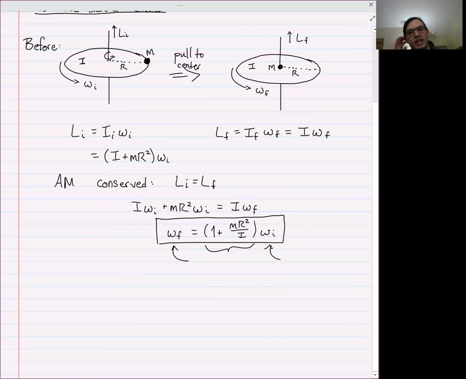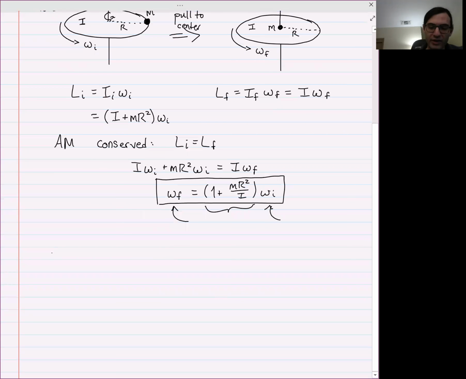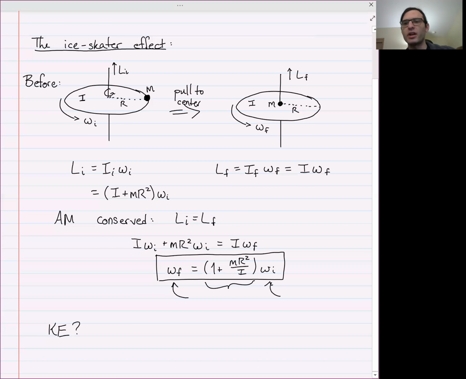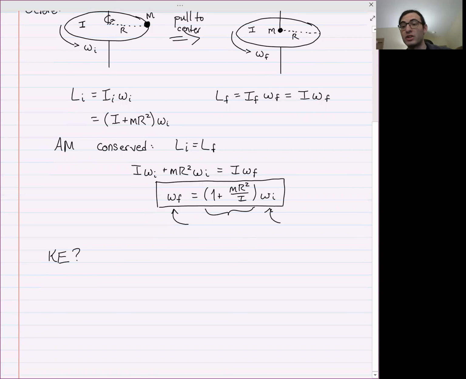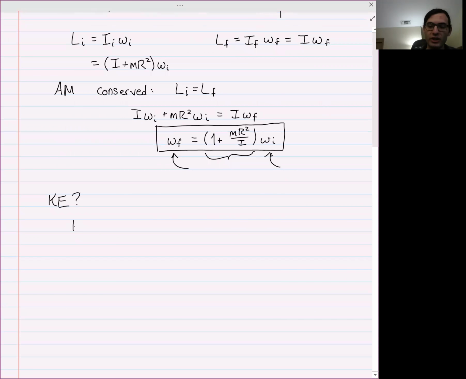Now, that's all fine and dandy, but it seems kind of weird that the speed can just increase out of nowhere. So it's actually worth thinking about this a little bit more. Let's investigate what the kinetic energy of the system is. Because we know when the speed increases, the kinetic energy increases as the square of the speed. Not necessarily. The moment of inertia can be changing over time. You will only deal with problems that you have the tools to deal with, though. So let's write down. So by the way, in this situation,